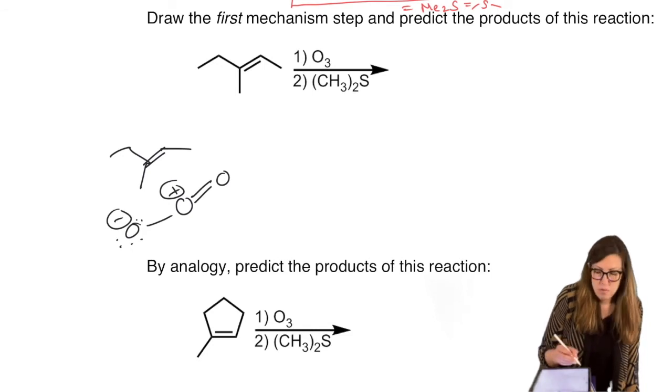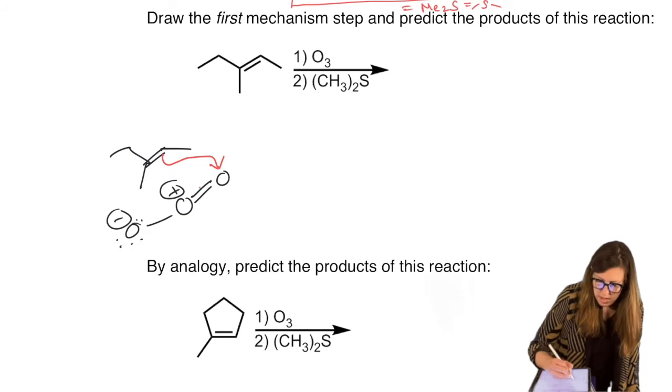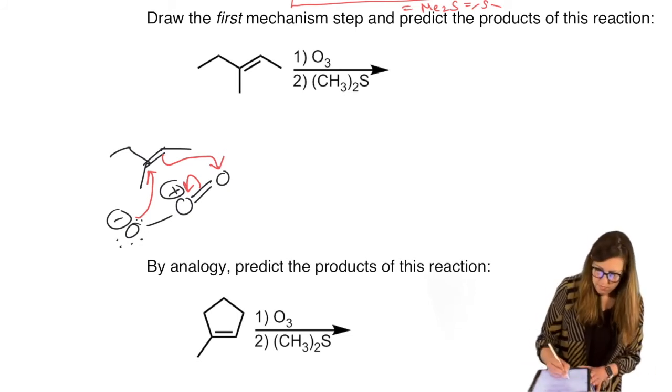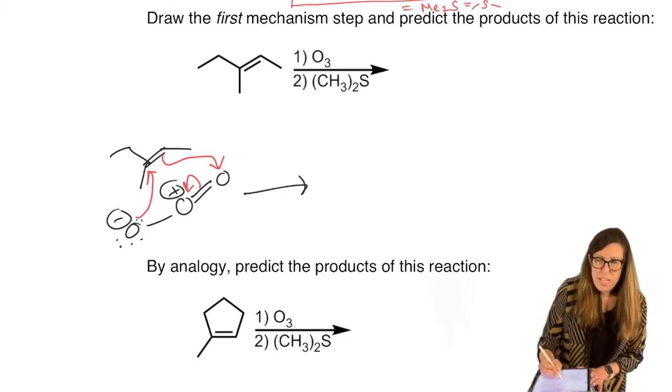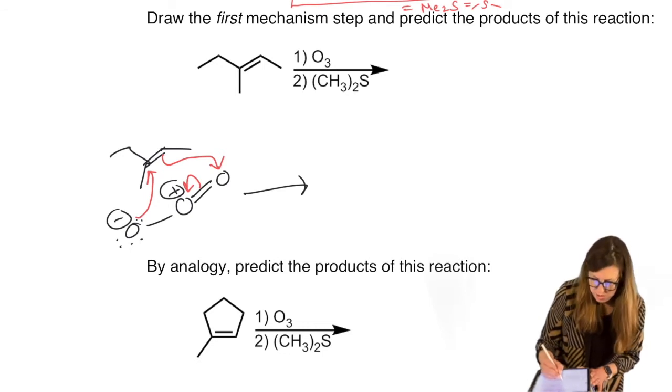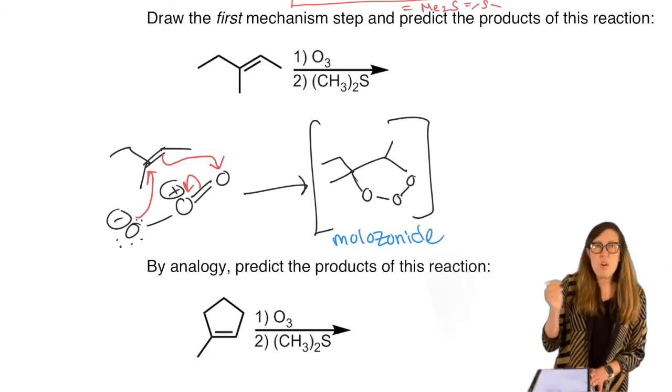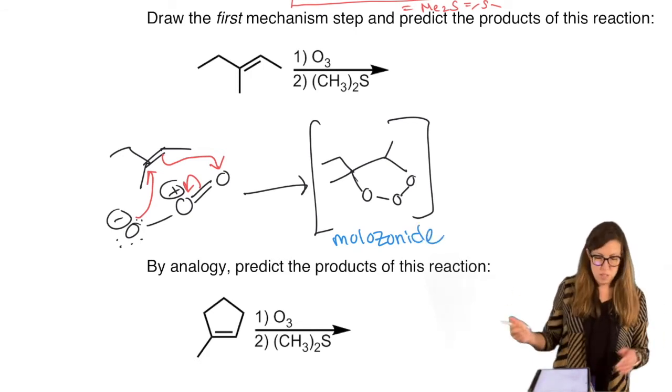That helps make it more reactive. So if this wanted to make a bond here, it would have to leave that behind, and then this would subsequently attack because that would be electron poor. And then we have, notice how we made a ring, a 5-membered ring. 3 of the members of the ring are oxygen. Quite a structure. It looks like a little cathedral or something. So this is an intermediate, has a name, malozonide. There's several more subsequent rearrangements this does.